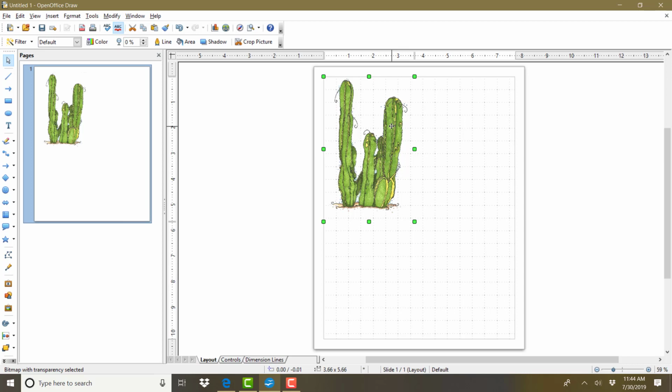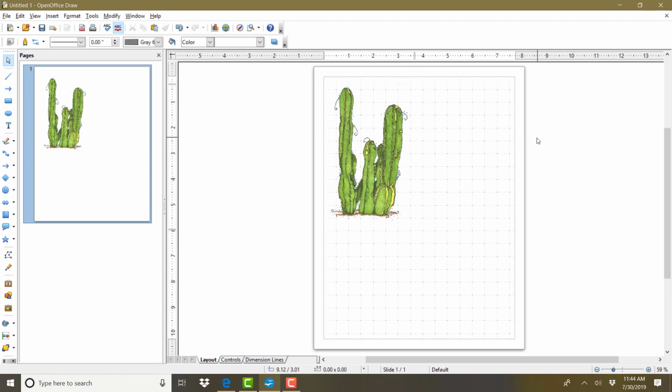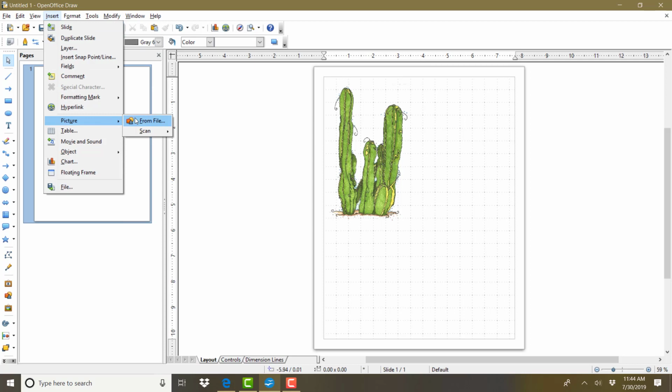Okay. Now to deselect, I just click off, and you'll see it's not selected. Click on it, it's selected. Click off it, it's deselected. Okay, so this is pretty much where I'm going to put it, a little lower, which I just select and move there. Now I want to add to my picture, so let's go back, insert picture from file,